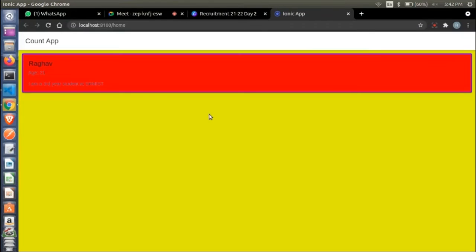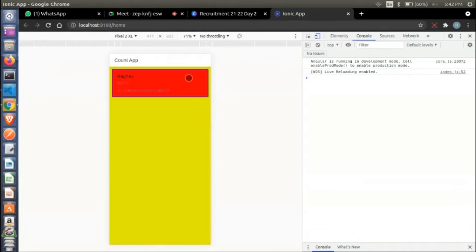Yes, now click Control Shift I. And yesterday what we did is create a card, give the ion card header, then the ion card title, the subtitle, then the ion card content, and then we gave the app background, the card background, and the card body. After that, what we did was generate a new page using the Ionic generate command.